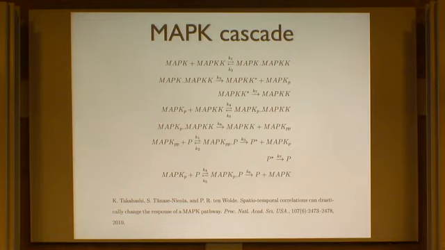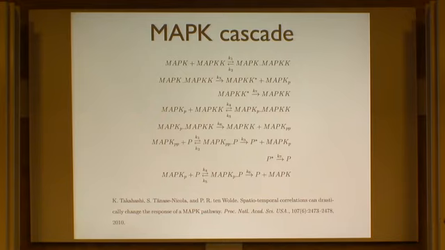Okay, so last numerical example. This is not the system that I'm actually simulating, but I want to show this to show how it relates to a more realistic biological system. This is just a model of a MAPK cascade. This was studied in this paper by Takahashi and collaborators